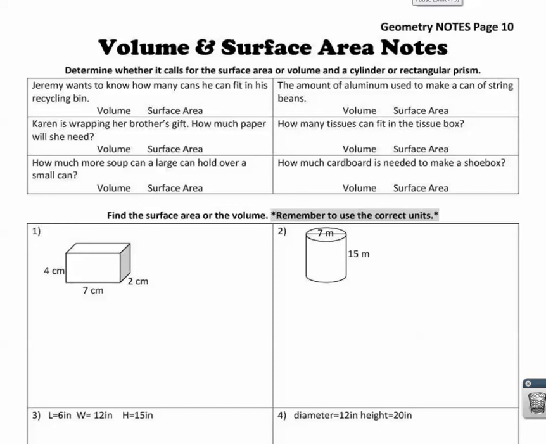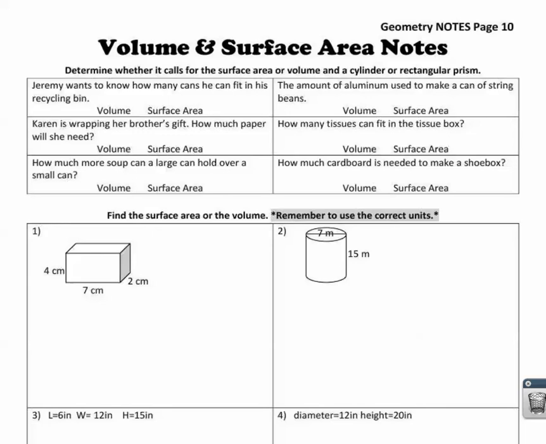Let's talk about volume and surface area of rectangular prisms and cylinders. Surface area is where you're covering the outside of an object. Where volume, you are seeing how much you can fill in a shape. So for example,